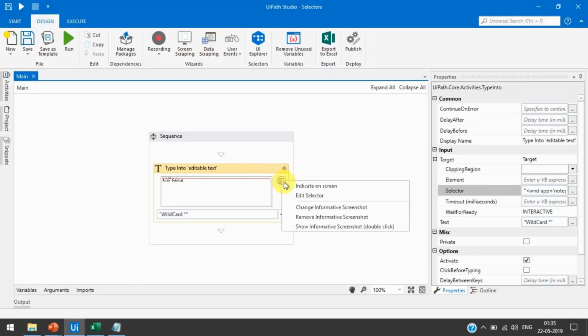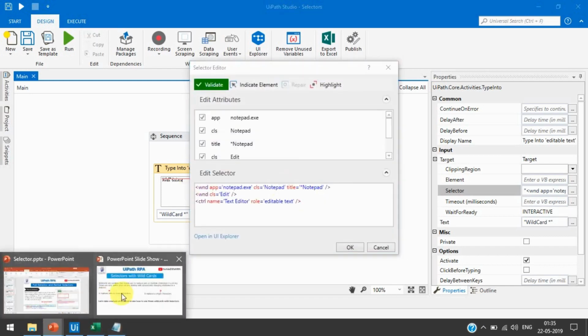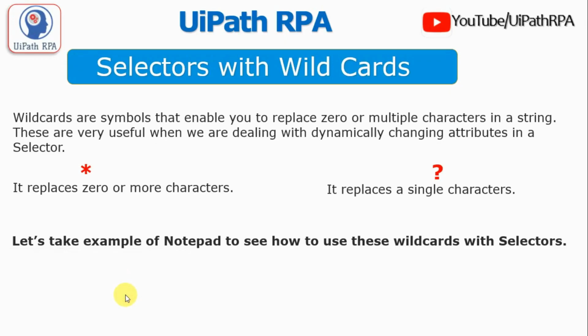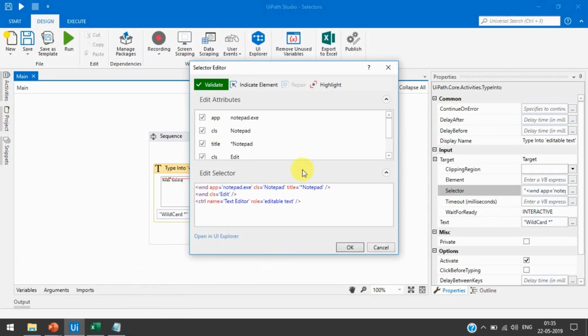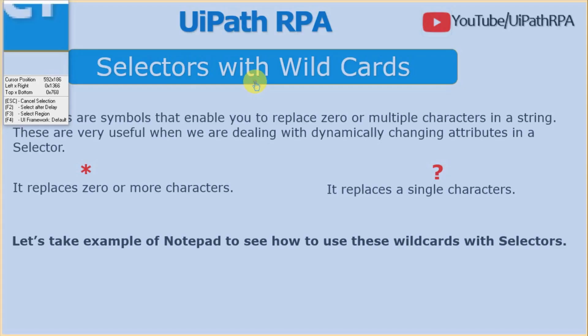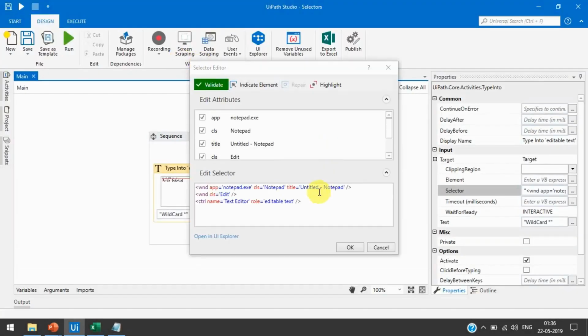Now I am going to show you one more thing, the second one, which is question mark. It replaces a single character. Let me indicate again on the Notepad, and now you can see the title equal to untitled Notepad.